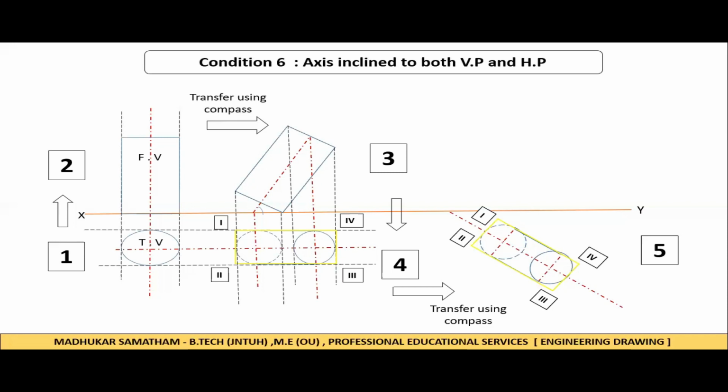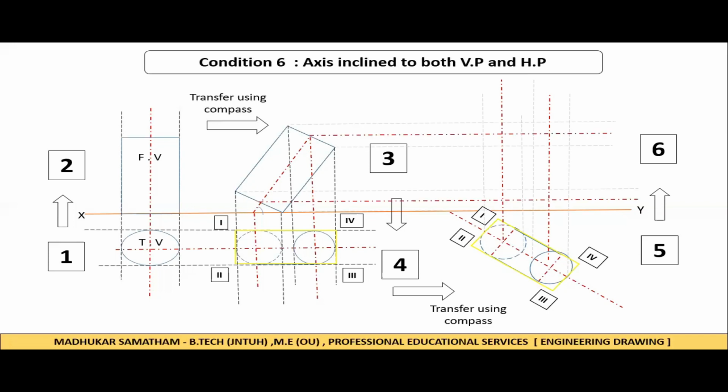So now the top view of the second angle is shown on the screen. To get the front view we will extend the lines above from step 5, and also extend the lines from step 3 to step 6 horizontally, and we will now intersect the points of the solid, which will form the final solid which has its axis inclined to both VP and HP. Thank you.